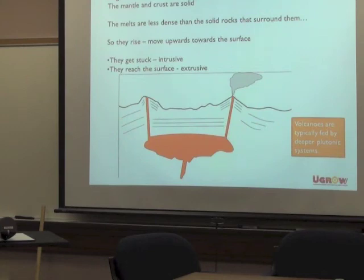And again, if you're using water to create these things, and in all cases we're using a little bit of water, that's adding to your buoyancy force as well. That's making things a lot lighter in the magma than it is for the surrounding rocks. This is a highly simplified picture, but this is not unreasonable for some settings, where you can expect volcanoes to occur where you have breaks going all the way to the surface, but plutons, or what we call plutonic rocks, rocks that are crystallizing at depth, at some